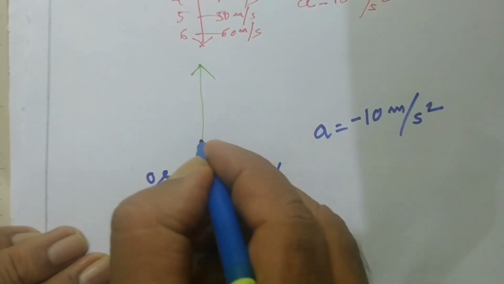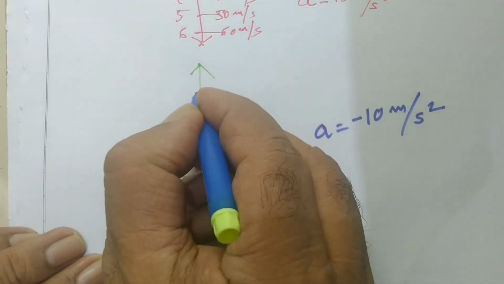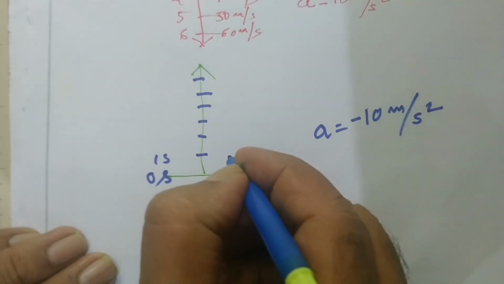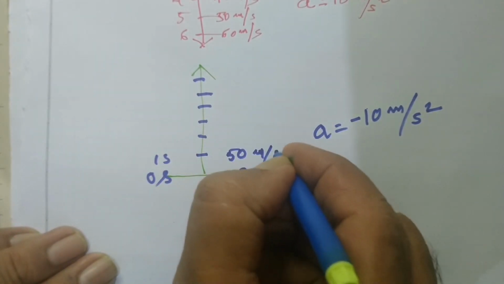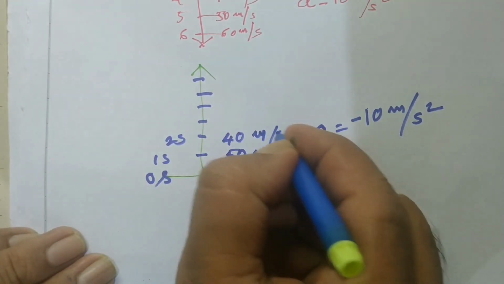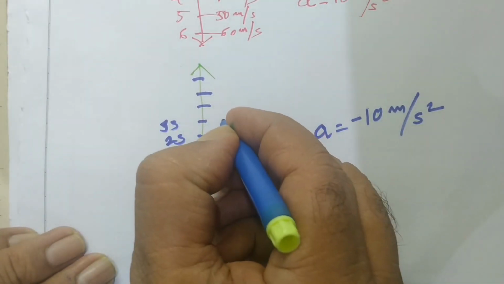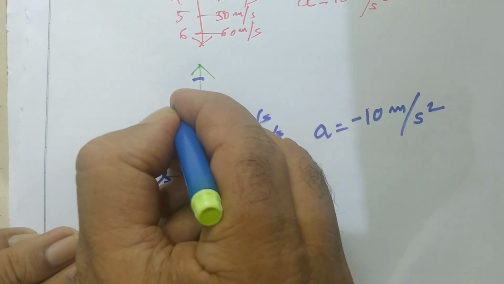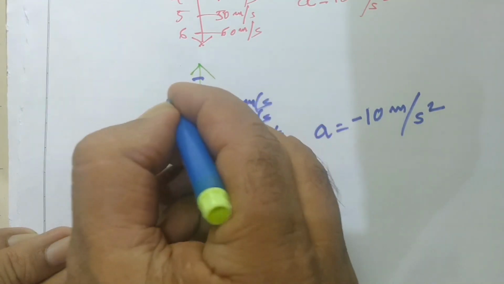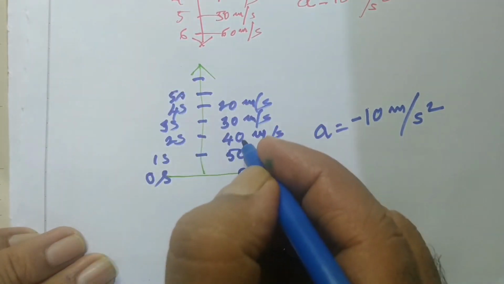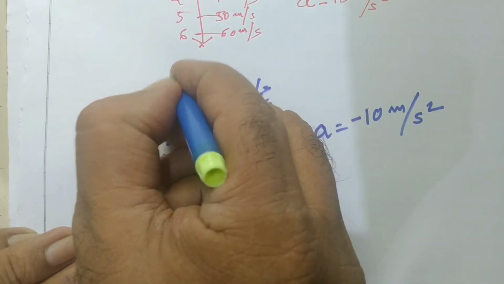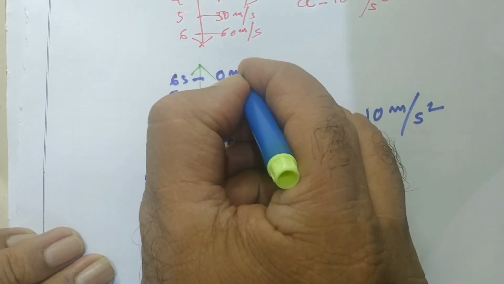For example, here 1 second, 2 second, 3 second, 4 second, 5 second, 6 second, let us say. In 1 second it will become less by 10, that is 60 minus 10 is 50 meter per second. Next 2 seconds it will be reduced by 10, again 40 meter per second. Again 3 seconds it is reduced to 30 meter per second. 4 seconds you will find that it is 20 meter per second. Again observe carefully, see it is reducing by 10 every time. Now 10 meter per second. Again finally the 6th second we found 0 meter per second.